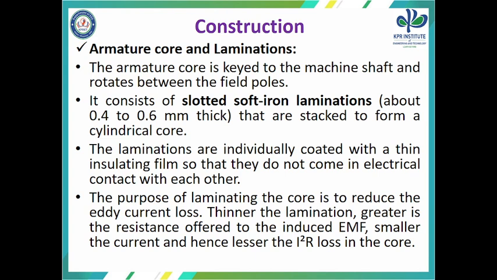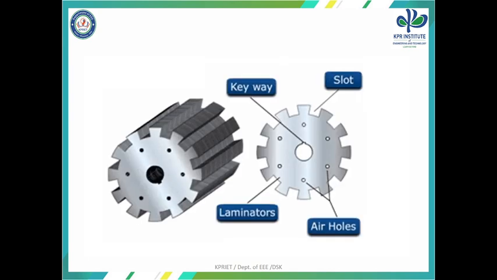The purpose of laminating the core is to reduce the eddy current loss. The thinner the lamination, the greater the resistance offered to the induced EMF, the smaller the current, and hence the lesser the I square R loss, which means the copper loss in the core. So this is an armature core